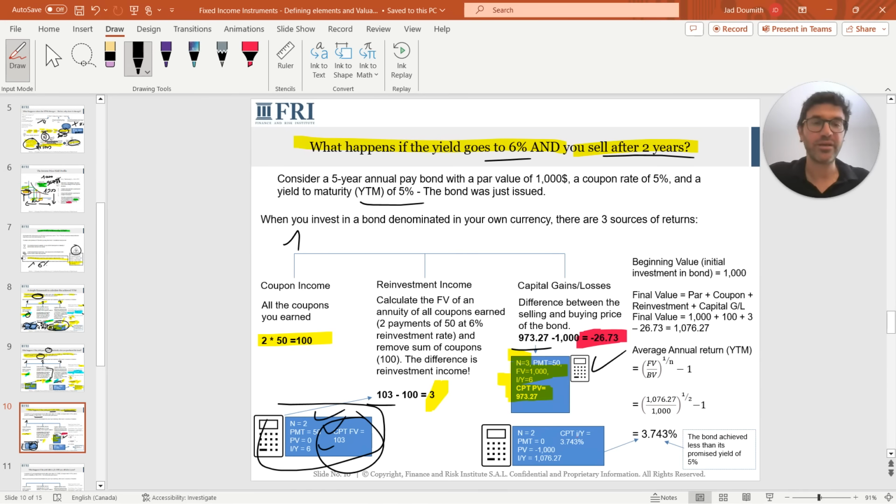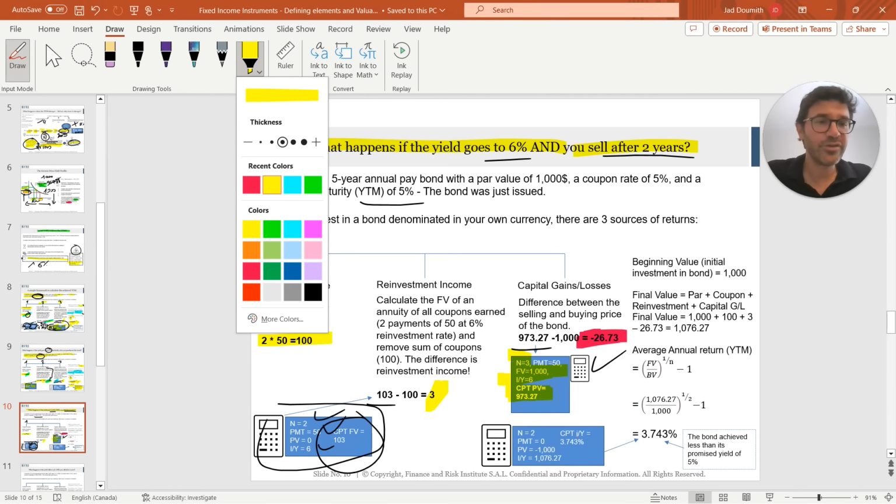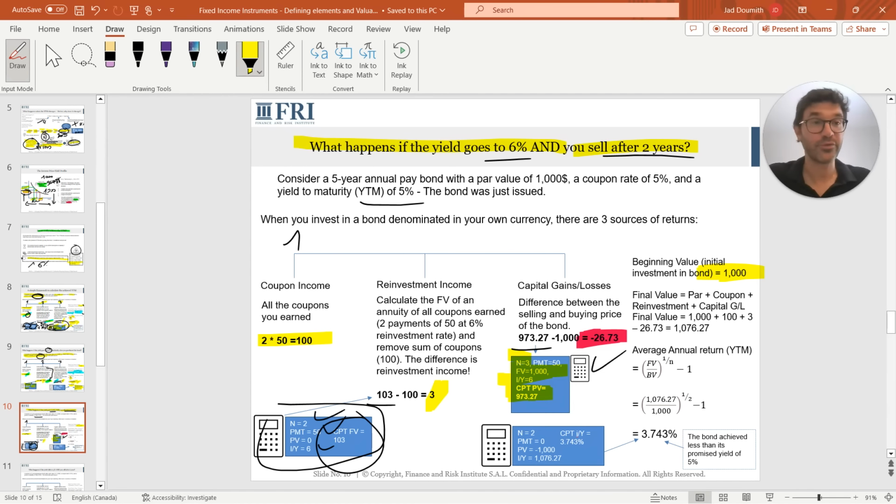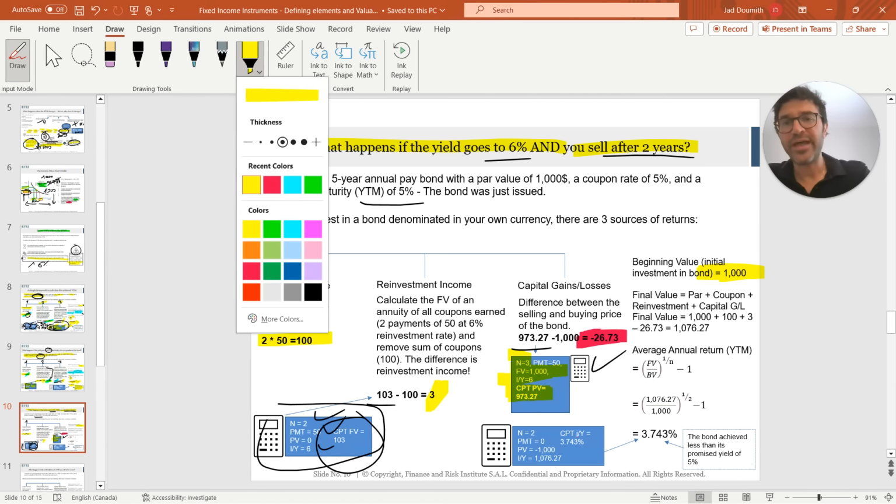Before doing the calculations, we can clearly know that the actual annual achieved return is much less than 5% because we have a capital loss. Let's do what we did earlier. We started with an initial investment of 1,000. At the end of the 5-year horizon, we have,